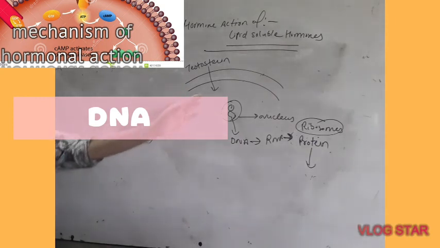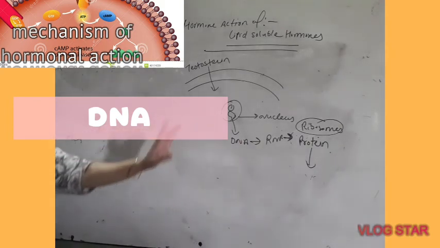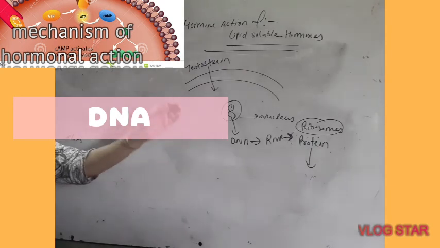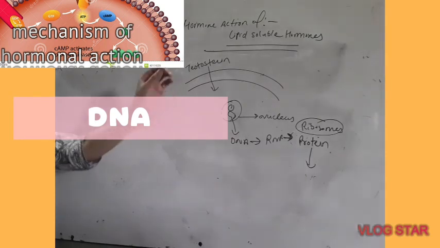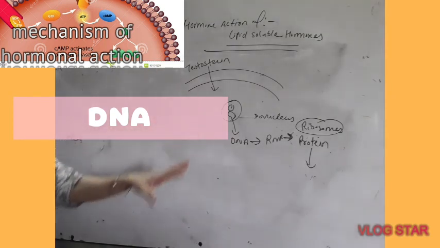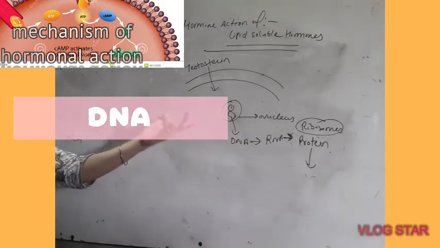RNA carries the information from the DNA because testosterone brings some changes in the DNA, and DNA copies the same changes to RNA, and RNA carries that same changed information to the ribosomes and stimulates the ribosomes to form proteins with the help of that information which RNA brings. RNA's only function is to take the information from the DNA and give it to the ribosome. So the ribosome receives the information from the RNA and forms proteins accordingly. And whatever proteins are formed, they bring the same changes.